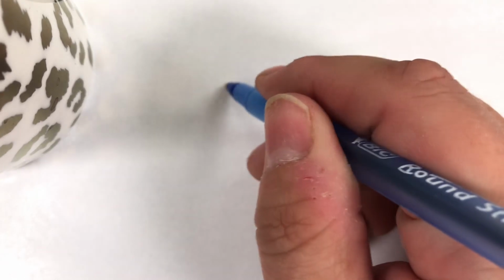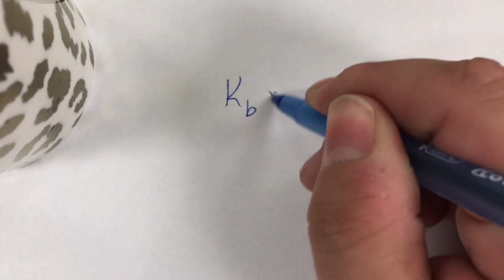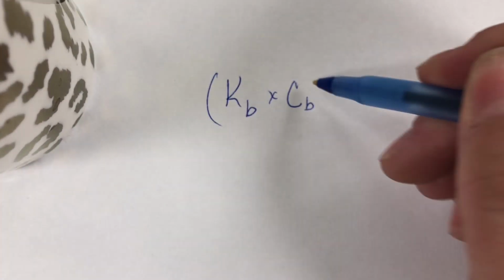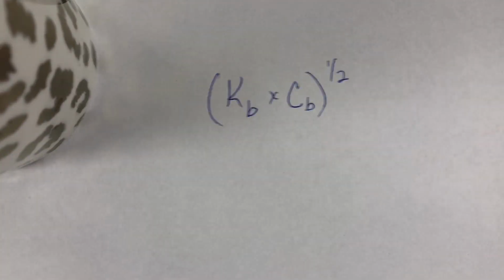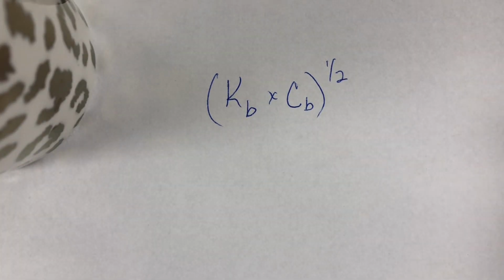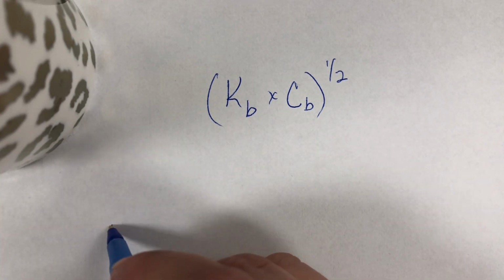For the short way, Dr. Lottie would have us use Kb times the concentration of the base, and then we would raise that to the 1/2 power. And the reason why that ends up working is we can start out with a Rice table. So we're going to have our